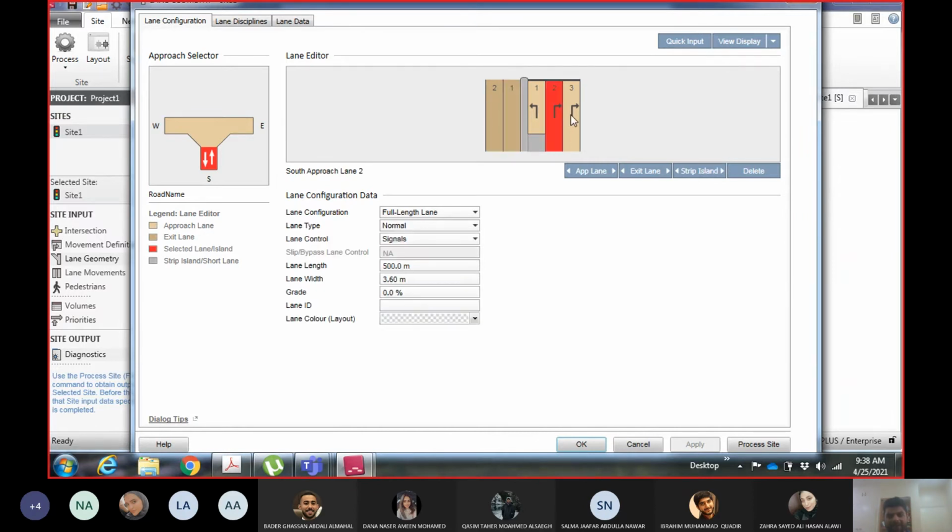If you are adding an exit lane on the right hand side of the road, it will not make any sense, right? Exit lane means it is receiving the flow from the other side. So an exit lane cannot be on the right hand side of the road. It can be only the approach lane. The right hand side of the road is for coming into the intersection, right? So an exit lane is a lane which is receiving the flow from the intersection. So if you are adding or subtracting the exit lane, then it should be on the left hand side of the road.